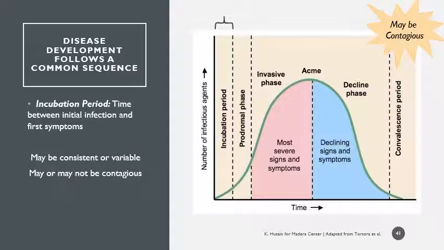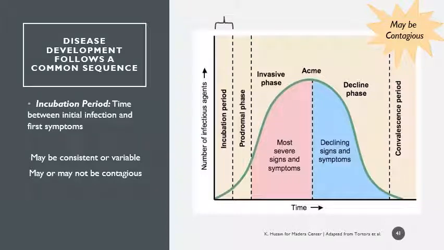So this plot has what are called the 5 periods of disease. These are also called stages or phases of disease. But when we're looking at this, this is basically the common sequence that diseases follow in terms of how they colonize and grow within a host, and also the emergence of different signs and symptoms and how contagious or transmissible it might be. So this first period or stage or phase, whatever you want to call it,